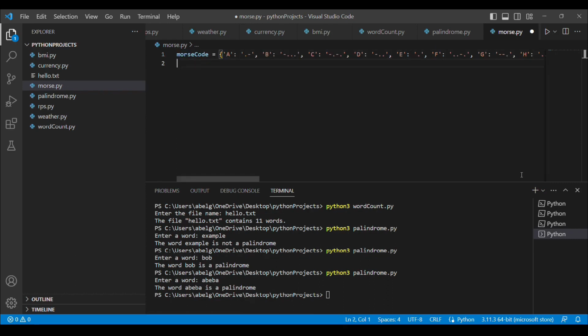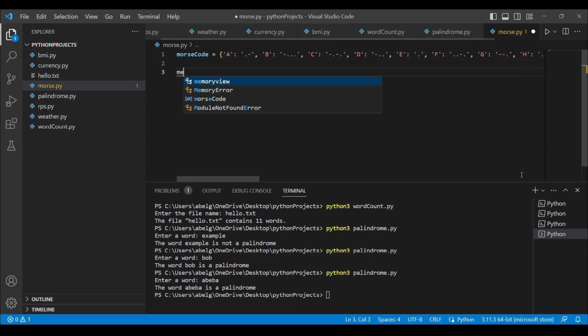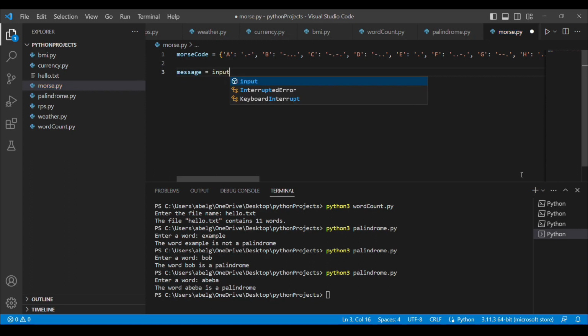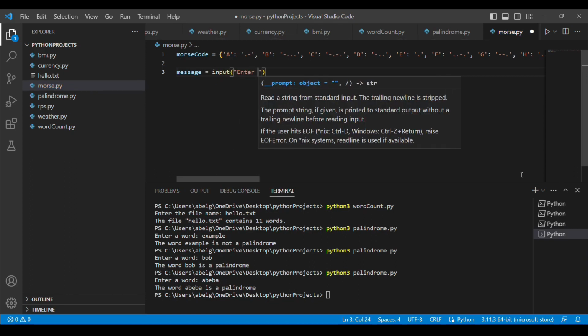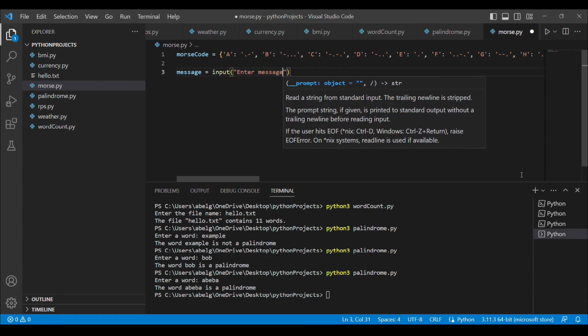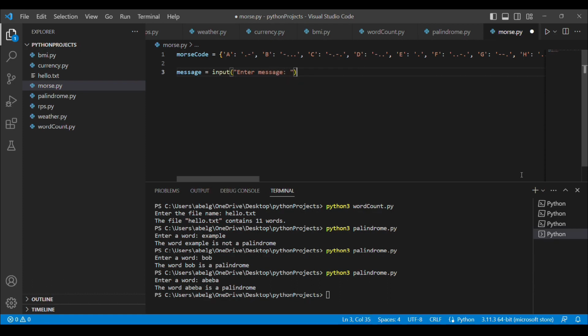As we said, our next step is going to be taking input from the user. We've seen this hundreds of times, so we're just going to create a variable. Let's call it message, and we're going to set it equal to input, and we're going to prompt the user to enter their message. There's one little modification we need to do. Once they enter their message, we need to convert it into uppercase.